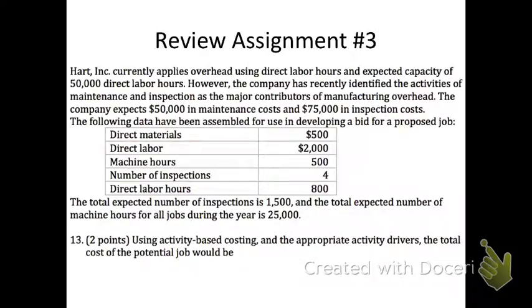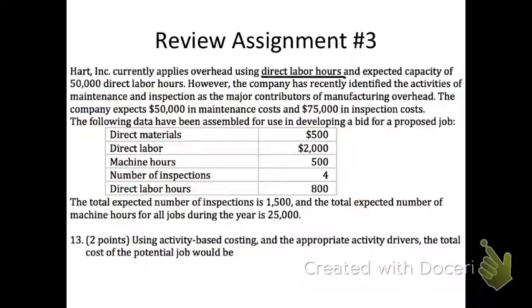All right, questions. Question number 13. Question number 13 is an activity-based costing question, just refreshing your memory on how to go about determining the cost of a job or determining how to apply overhead based on activity-based costing. And so remember back at the beginning of the semester we talked about traditional costing and activity-based costing. Traditional costing typically uses one driver or multiple drivers if we have departments, but traditional costing uses unit level drivers such as direct labor hours, and that's actually what it says they're using now.